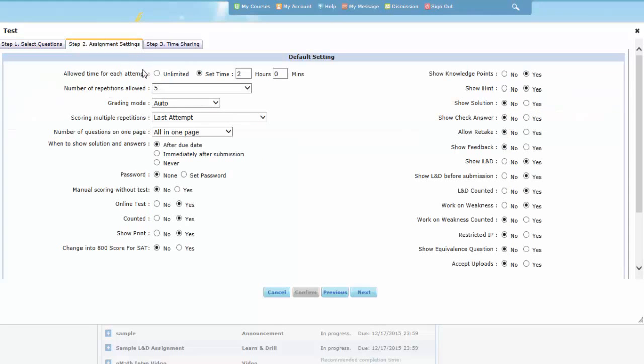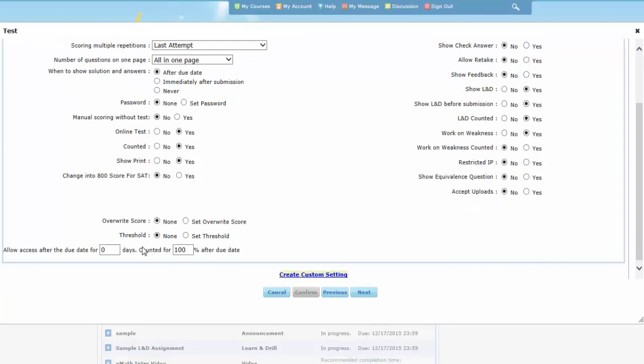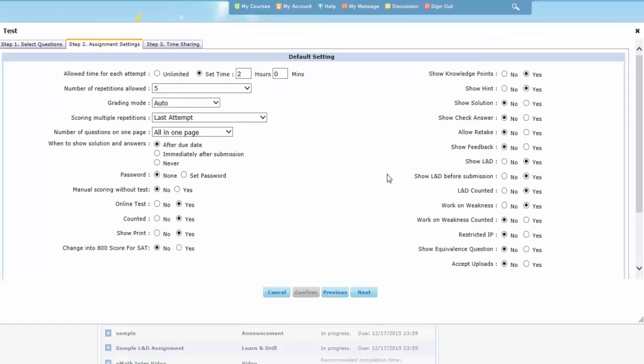In this step, you can determine the time allotted for each attempt, how many attempts students get, how to score multiple attempts, when to show students their results and solutions, set a password to access the assignment, allow students to complete the assignment after the due date for a reduced score, display help info for each question,